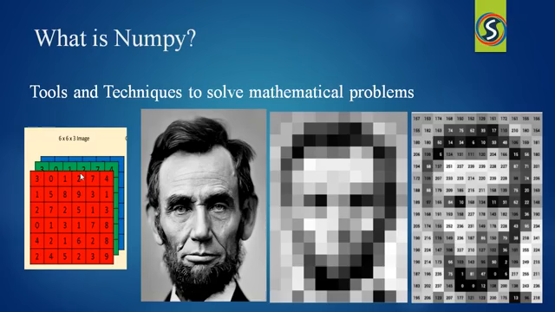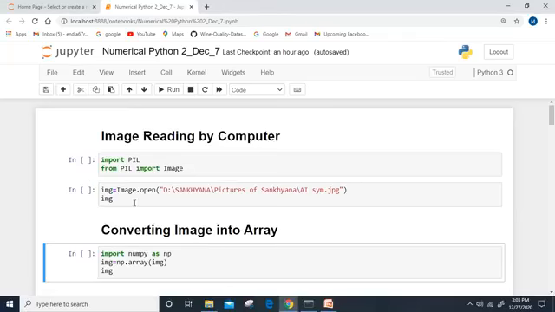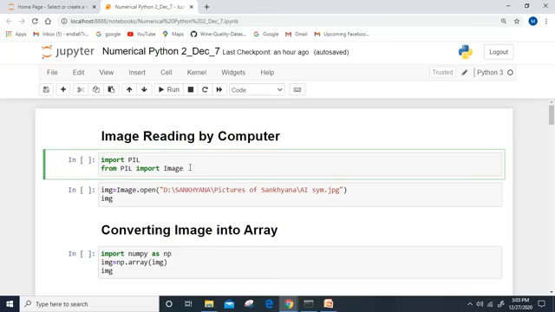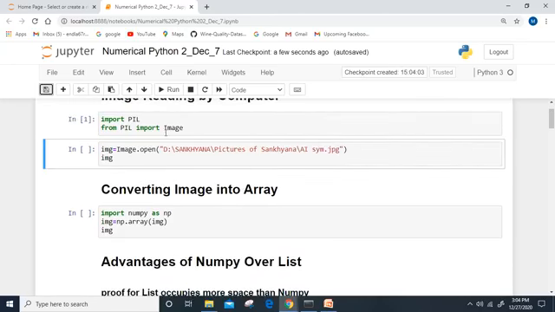Let me show you how a computer can read this image in Numerical Python. Here, to read the image, I'm using the PIL library. From the PIL library, I'm importing Image. Let me run it. From Image, I'm using the open function.